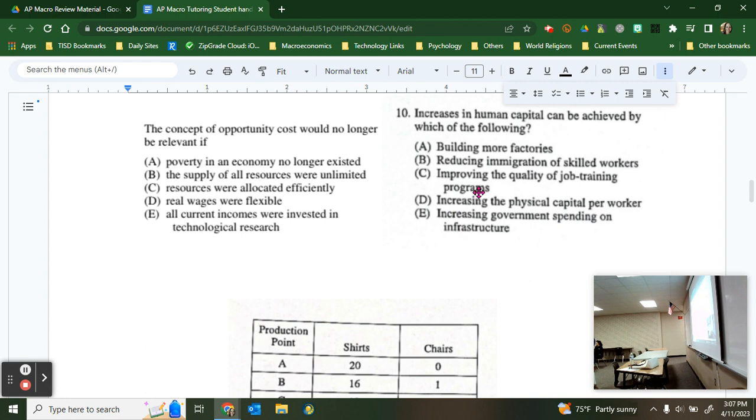Can someone tell me the opportunity cost of coming to AP tutoring today? You really would be sleeping right now? Yes. Okay, socializing, track practice, work, eating. All right, so opportunity cost exists because of what word? Scarcity. Okay. That's why we make choices. We make choices because of scarcity.